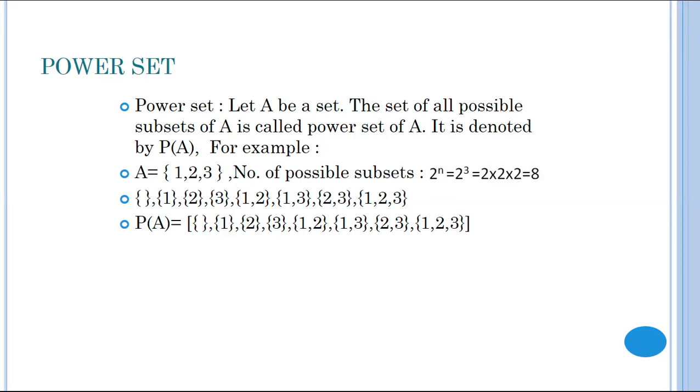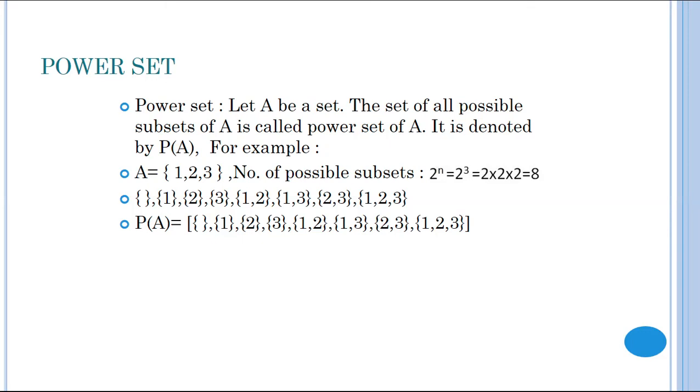First of all, we will find the number of possible subsets by the formula 2^n. In this formula, 2 is the base and n is the number of elements in set A. The number of elements in set A is 3, so we will put 2 raised to the power 3. Then we will write 2 three times and multiply: 2 2s are 4, 4 2s are 8. So the possible subsets are 8.